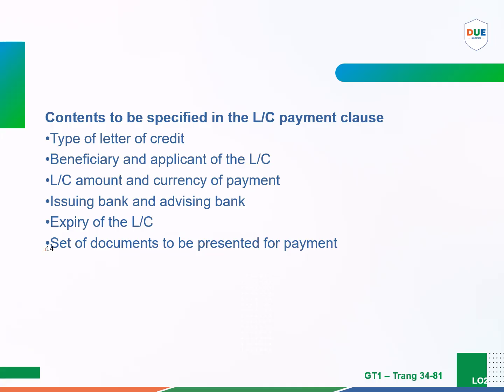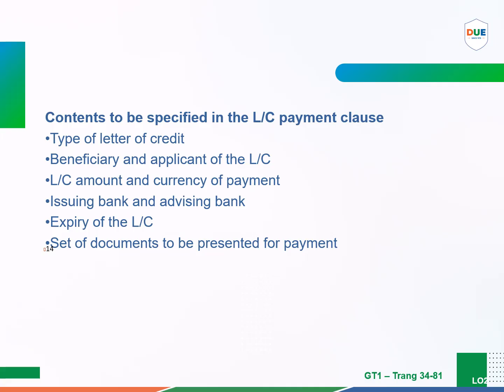Second is the beneficiary and the applicant of the letter of credit. The beneficiary is the party to be paid, usually the exporter, while the applicant is the importer. Correct and consistent recording of names and addresses is crucial because even a small error can lead to refusal of payment. Third is the letter of credit amount and the currency of payment. The contract must clearly state the value of the letter of credit, whether any tolerance is allowed, and the currency, USD, EUR, or other foreign currency, to avoid